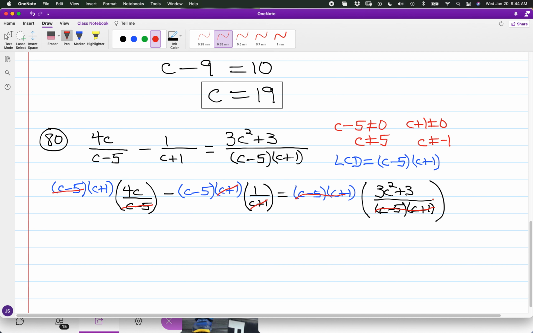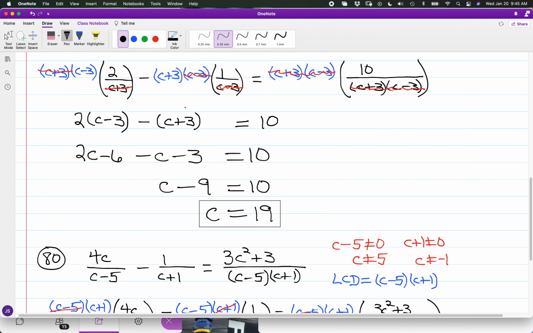Okay, so looking at what we have, 4C and C plus 1, we're going to have distribution occur. So 4C times the quantity C plus 1, and we have minus, and again, just like what we had with C plus 3 in the second term,